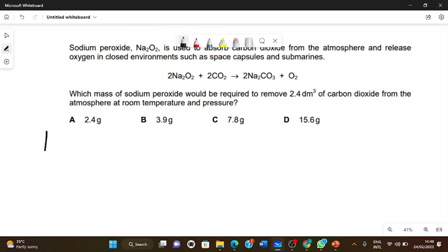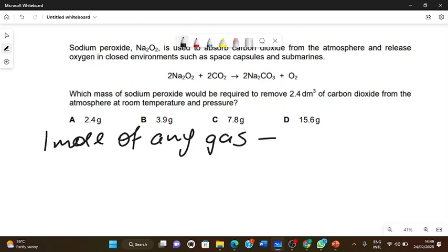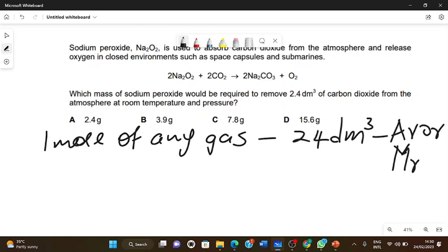One mole of any gas occupies a volume of 24 dm cube, and one mole of any gas is the relative atomic mass of that gas, or the relative molecular mass of the gas. So be it an element or a compound, one mole will occupy a volume of 24 dm cube. So for example, one mole of hydrogen gas will occupy a volume of 24 dm cube,